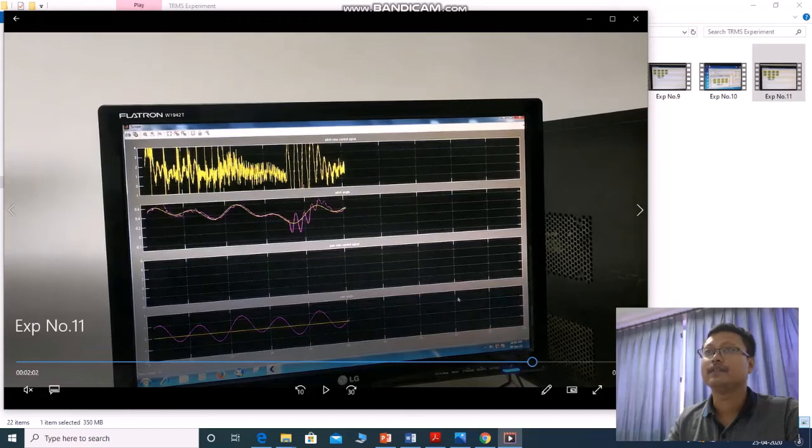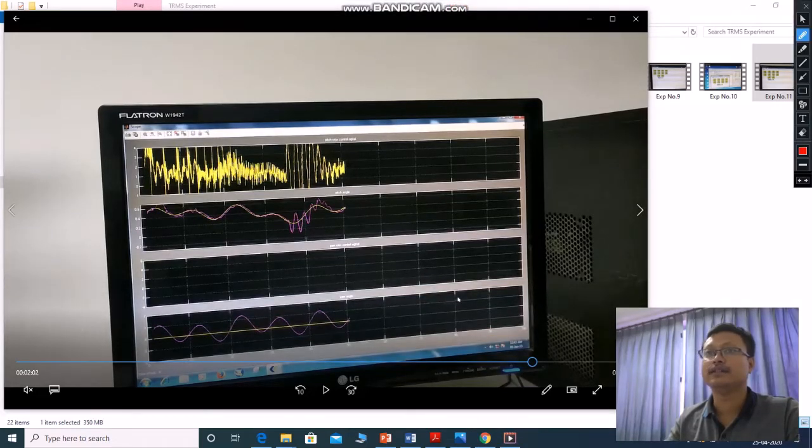See, this is the timeline. This is the time when I disturb the system with my hand, then it slightly disturbs the voltage, and you can also see a jerk here, and after that, within 20 seconds, the system stabilizes like this.